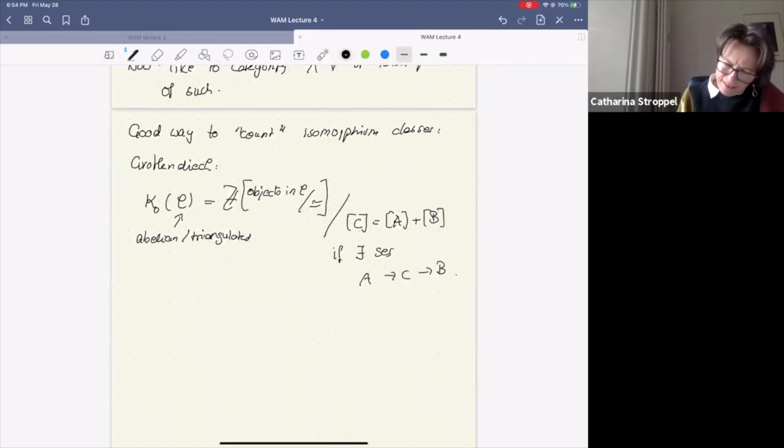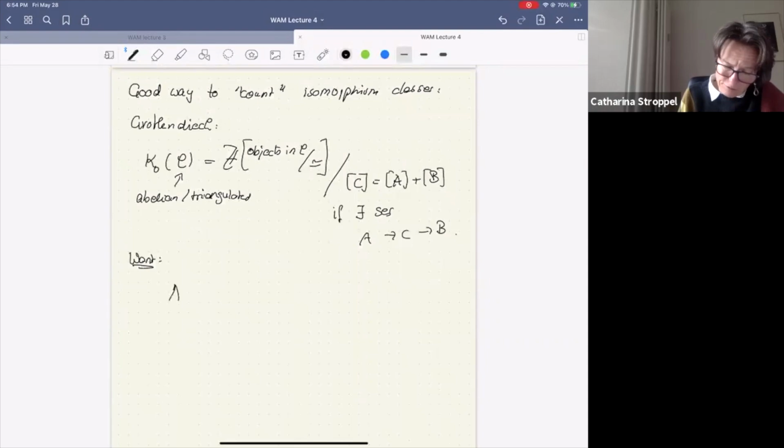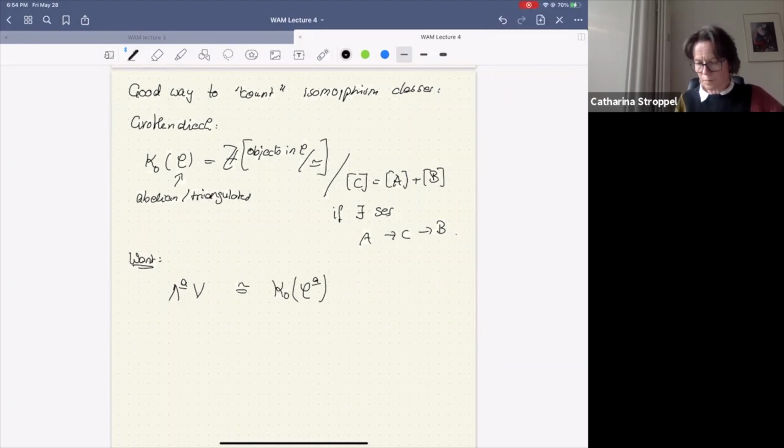So now, what does categorification then mean? Let's try to do this. I want to categorify this space here. Categorification means I want to find a category C, let me denote it C upper A, such that when I take this Grothendieck group, and maybe I should have written it here,